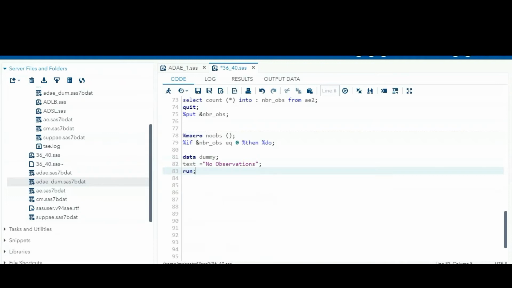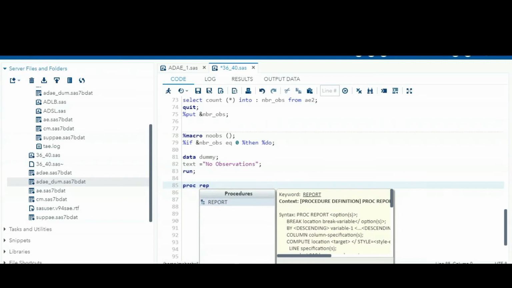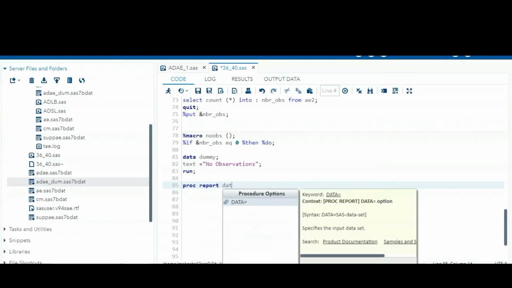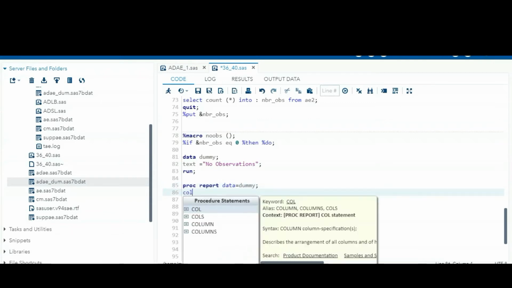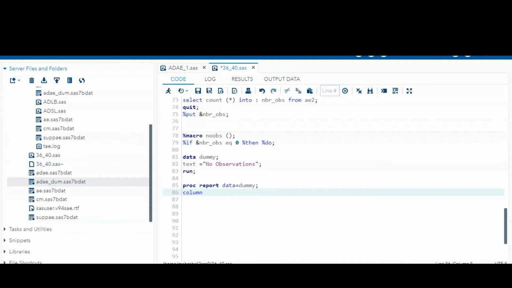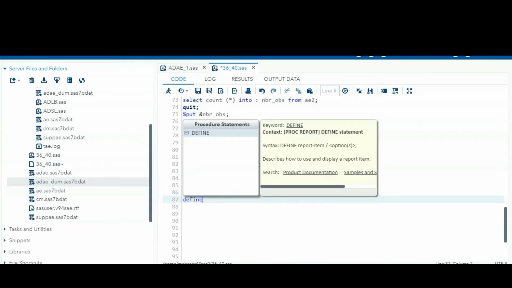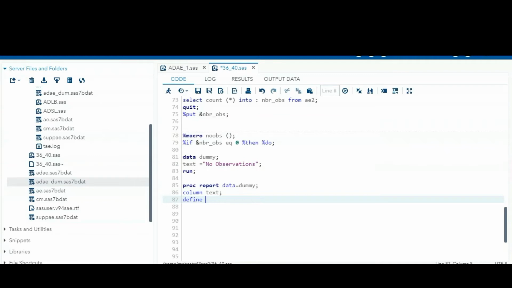Just create a dummy data set and simply write a simple proc report, with data equal to this dummy, the column variable is text, and define the text without any label.